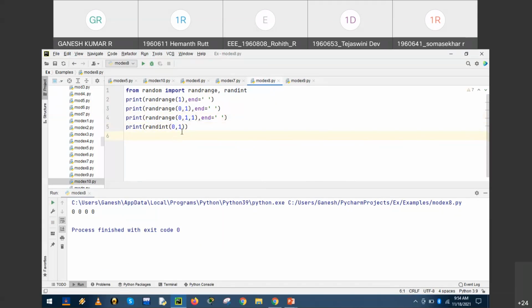Are there any integer values between 0 and 1? No. That's why we got 0 as the output, because 1 is the first positive integer value. Random values between 0 and 1 are 0.1, 0.2, 0.3, 0.4 up to 1, but we don't have integer values in between 0 and 1. That's why it returns 0.